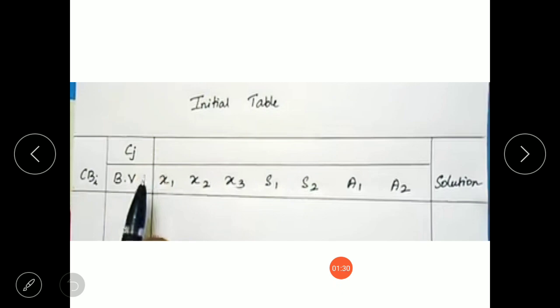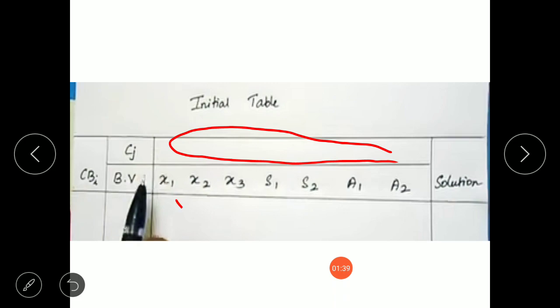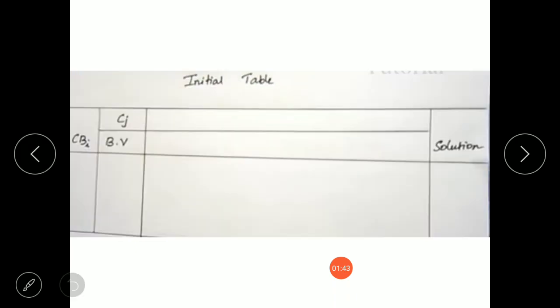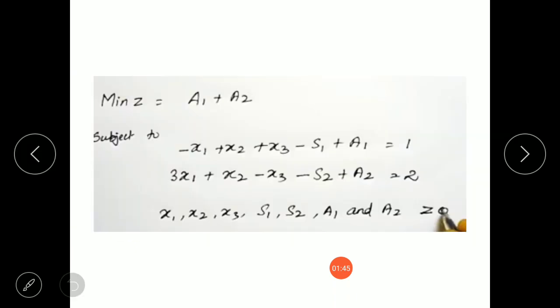Now the next step is to fill the row corresponding to Cj, that is the cost of the objective function. We will write all the coefficients of these variables which are present in the revised objective function. Now my revised objective function only has artificial variables and it does not contain any other variables.